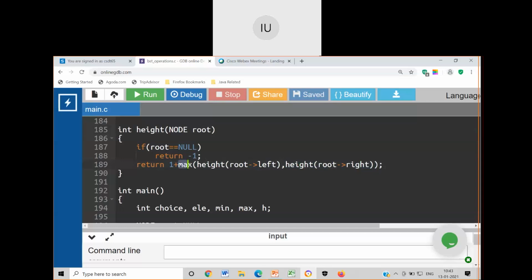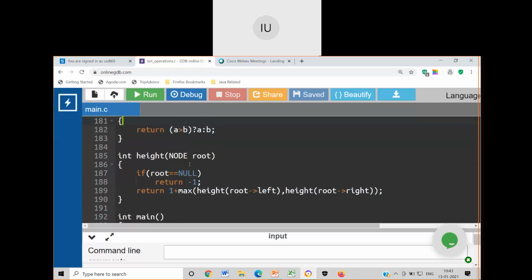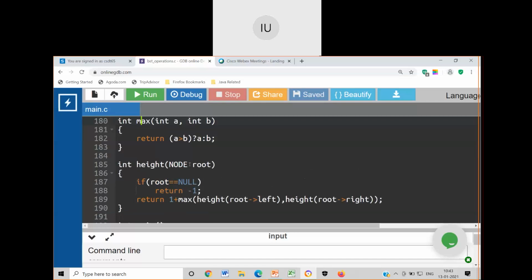Then what is this max function? This max function is nothing but finding the larger among the two. You can very well do it as part of this code only, but I have written a separate function for that. It is a simple function I have written before this. Look at this. Int, it returns an integer, maximum of int a comma int b.